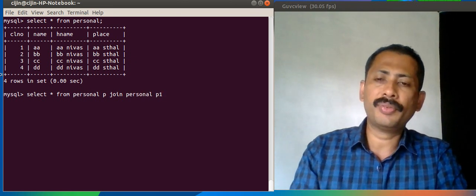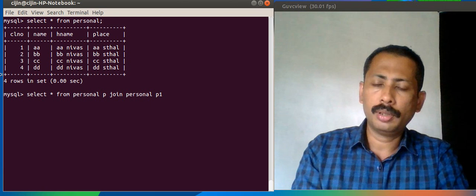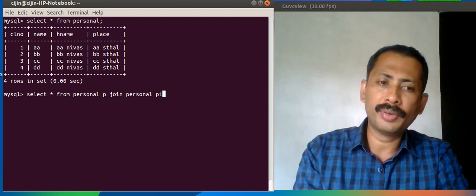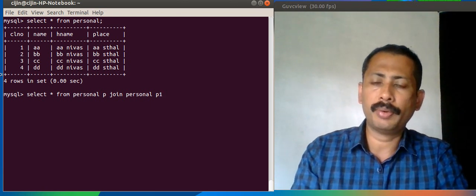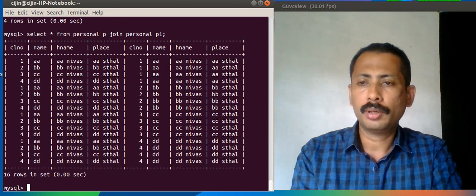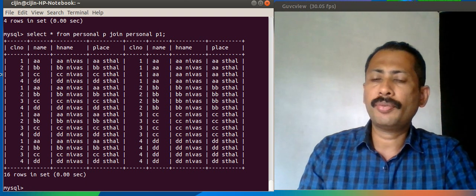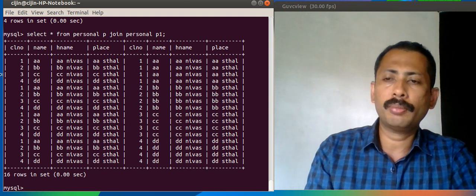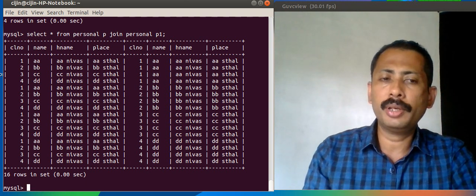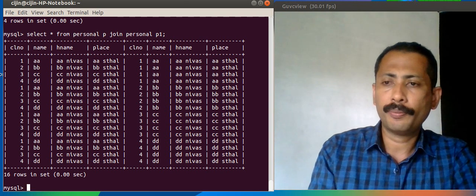We need to give a different name because it is treated as two different tables, so P and P1. So we will be getting a table like this. I had 4 rows only, now it is 16 because each row is combined with the other 3 rows also.